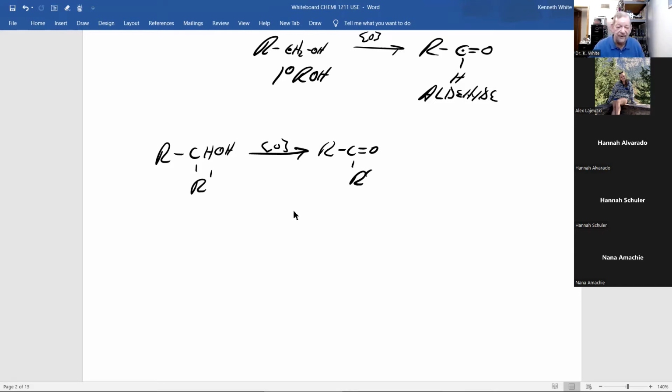All right, now here we have this carbon, which has a hydroxyl group. That's a secondary alcohol. And when you oxidize, it's the same type of reaction we do with primary. You lose this hydrogen, this one, and form a carbon-oxygen double bond. What's attached to this carbon stays there. Now, if you notice, I have R and R prime, and that's just like X and Y in math. Those can be the same or different. And that's what this shows. This could have the same type of carbons as here, or they can be different.